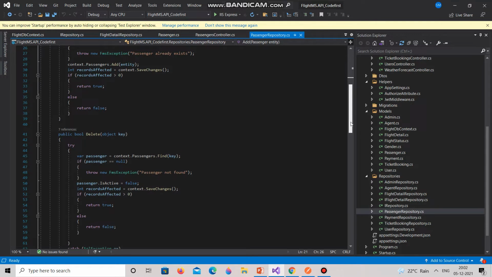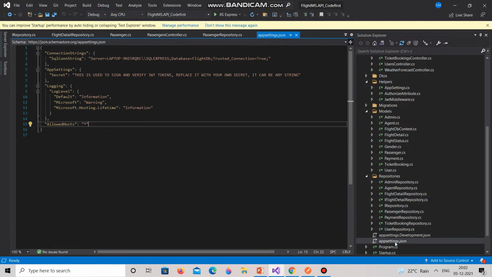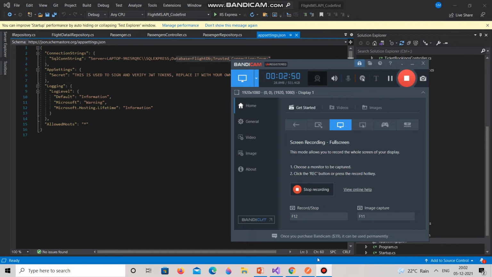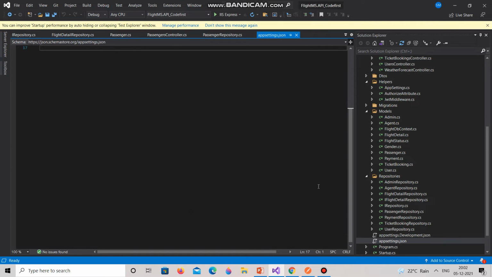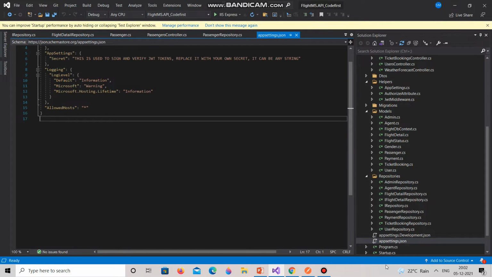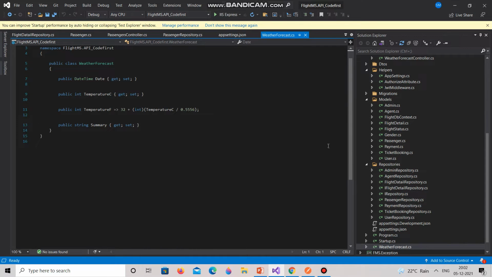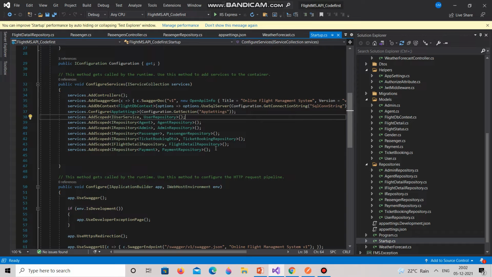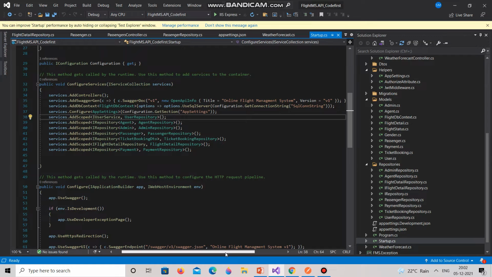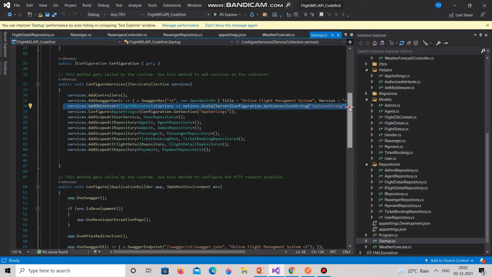But before that, you can see this is the connection string, which is to maintain the connection between SQL Server and our web API. And then we register this connection string in the Startup class, ConfigureServices. There we have registered the connection string with the service AddDbContext, in this case the FlightDbContext, as I am making the flight db context. You can see in the models there is a FlightDbContext class, which is actually the key to connect with our database context.